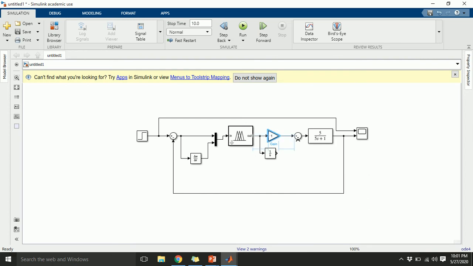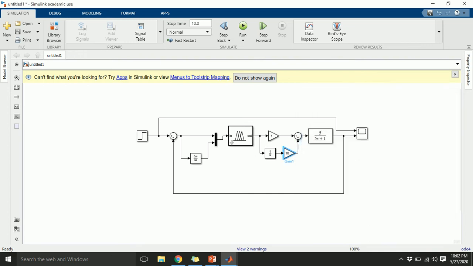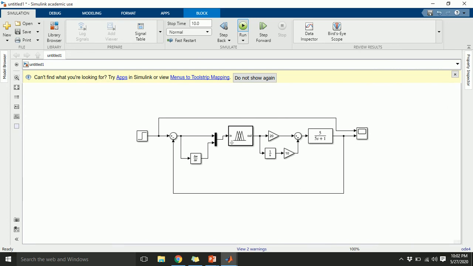I will initially put them at the output side. Let me make this 10 and this 20. I'm just doing hit and trial now.